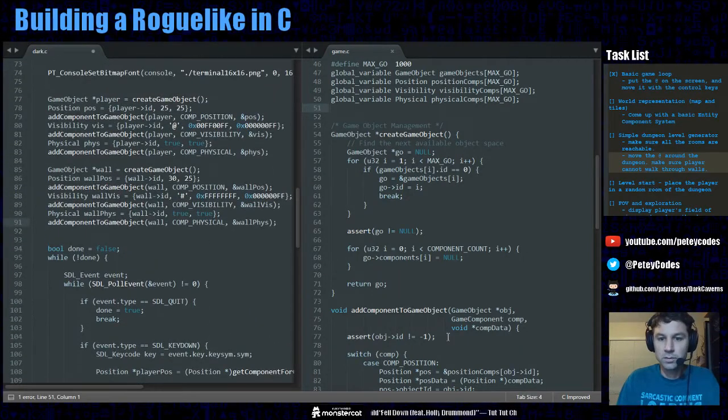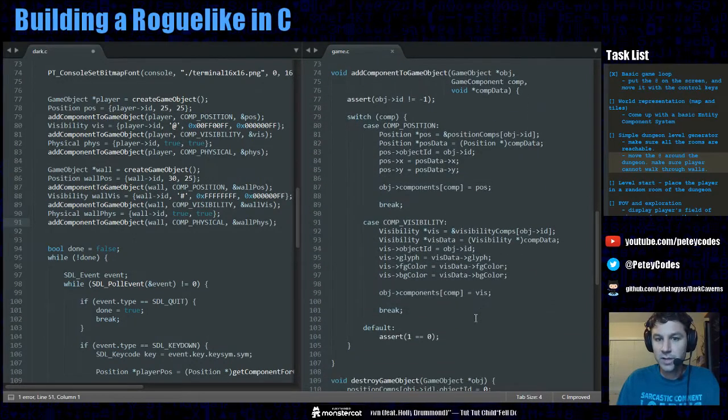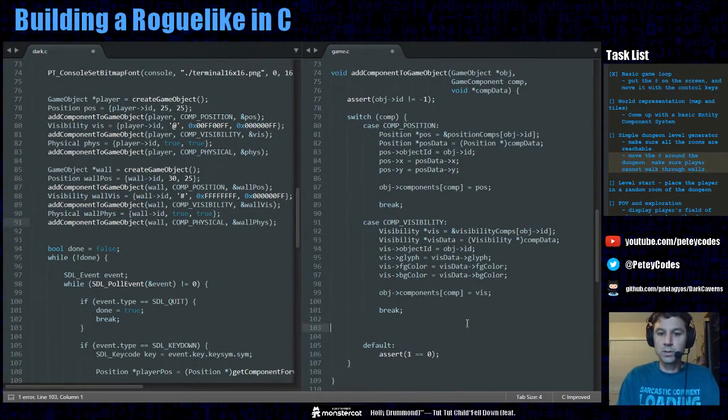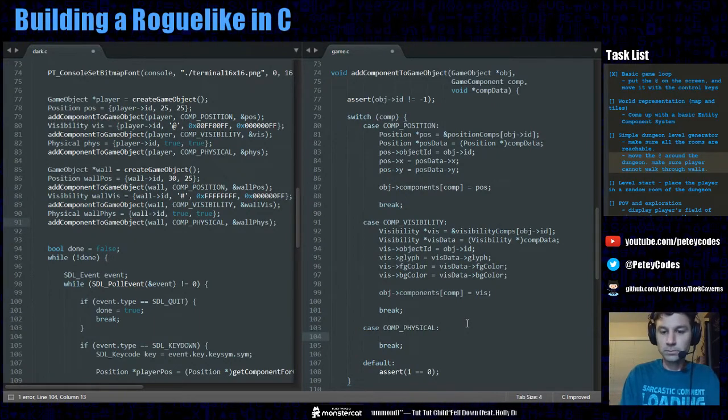Alright, so we are going to also build out our add component to game object to support the physical component, and I always write my breaks first so that I don't forget to put them in. Alright, we're going to have a physical here, and to store this in our